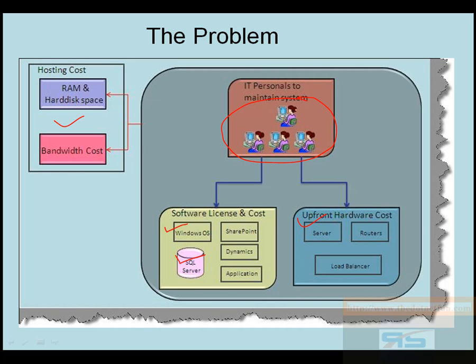So the four important sections where this company needs to do investment: needs to buy hardware, needs to buy licensed software, needs to take both of these things, the hardware, the software and their application to an online data center. So probably they need to pay some monthly charges to the data center for X amount of bandwidth and so on. And finally they need to pay the IT personnel salary.